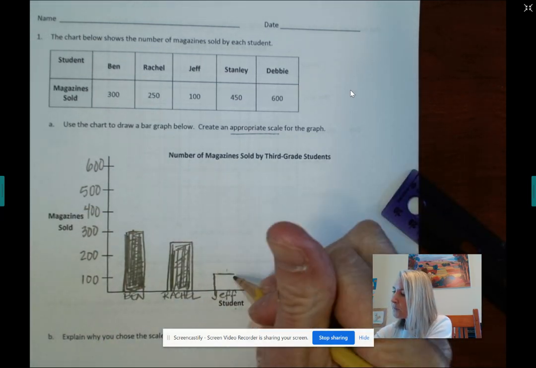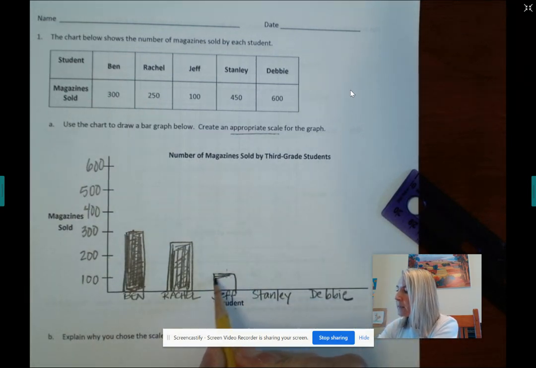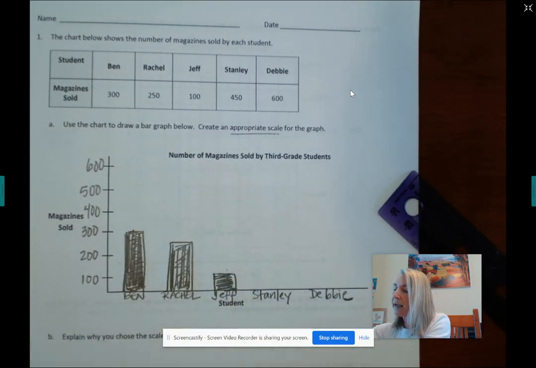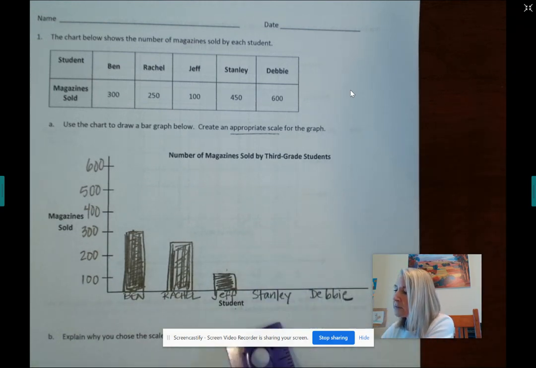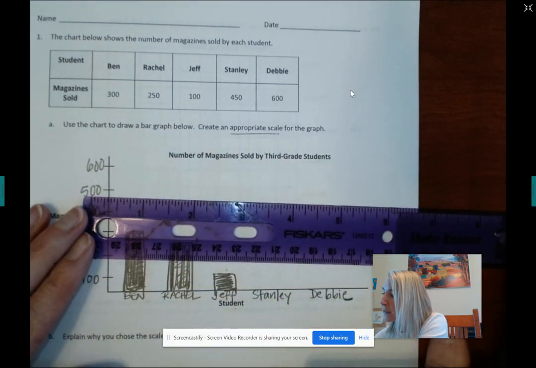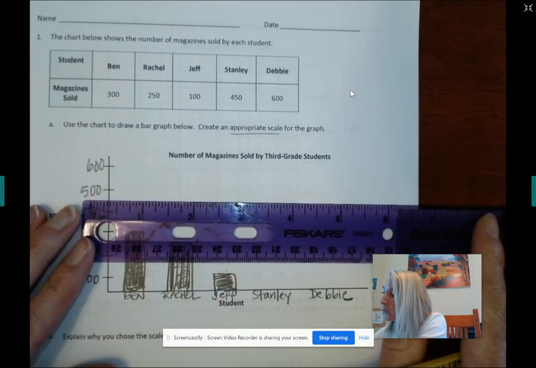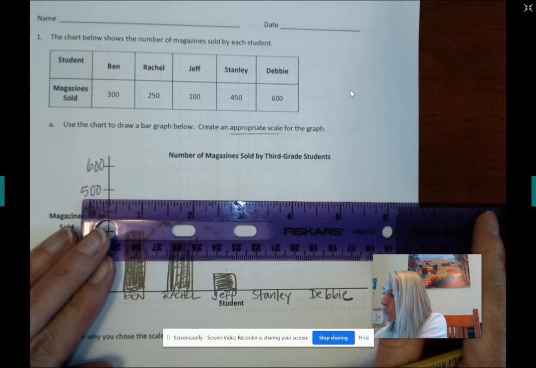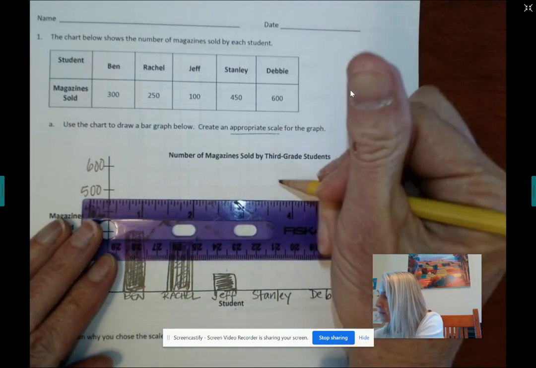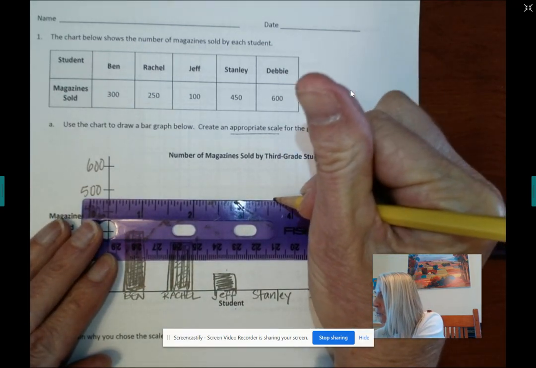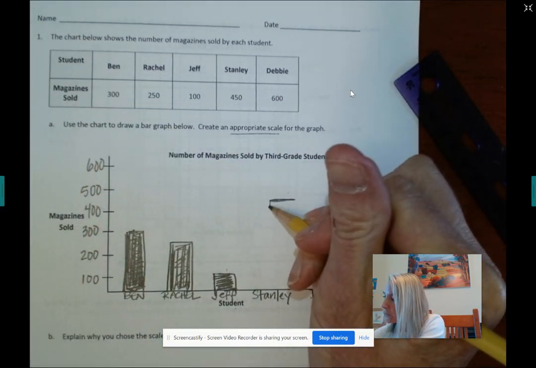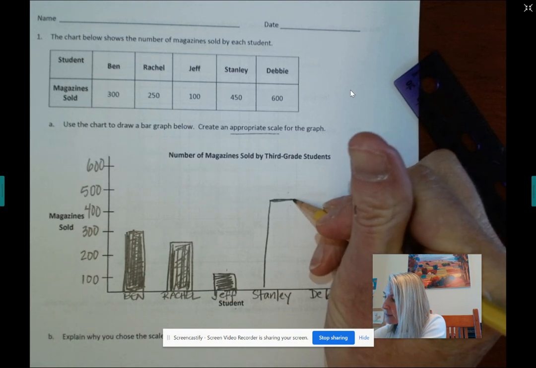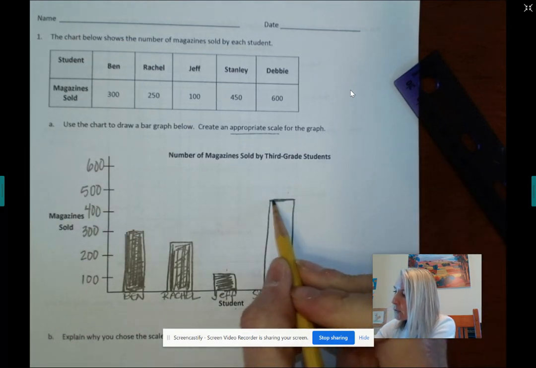And you want to keep your bars about the same width. Again, we are freehanding with a little bit of straight edge work if you want to, or you can get very precise on this. But you do really want to be precise on where these bars stop, right? Because the whole idea is to be able to visually see who sold